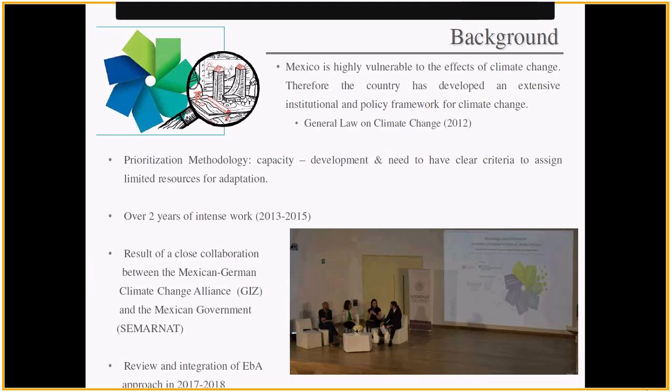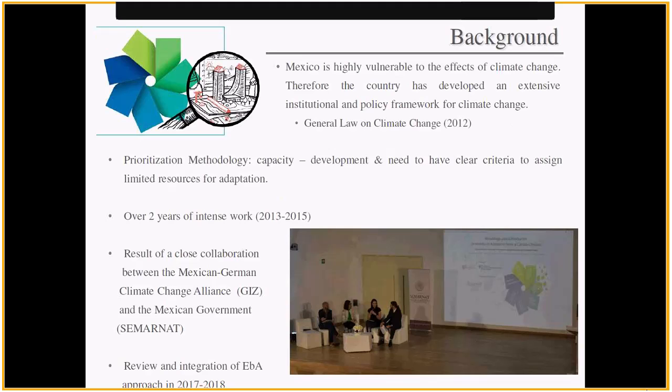Then I'm going to talk about the background of the methodology. First of all, it was tailored for Mexico, because the government, the Ministry of the Environment and Natural Resources in Mexico, is a partner with GIZ in a specific program, the Mexican-German Climate Change Alliance.